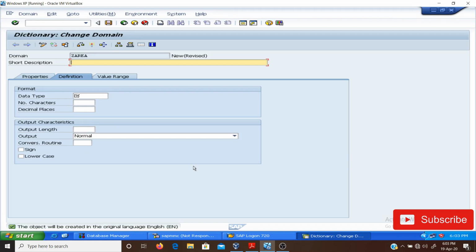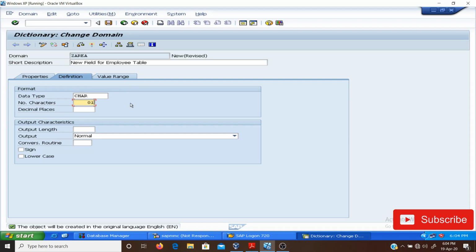Give the short description: this is our new field for the employee table. Now we need to assign the data type. In our case, I am assigning the data type character. The number of characters I am assigning is 1.